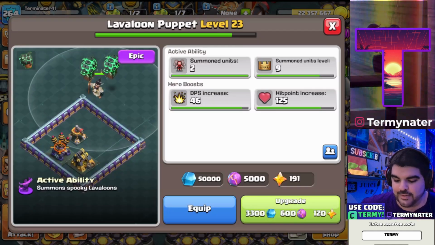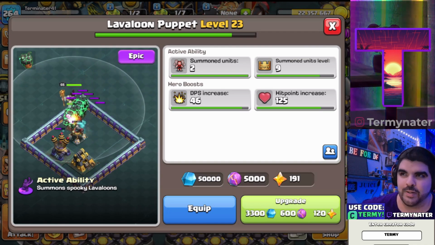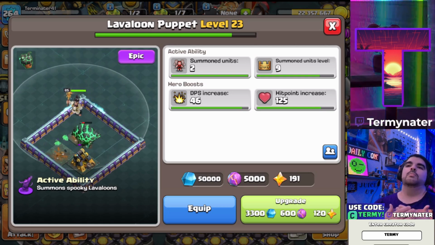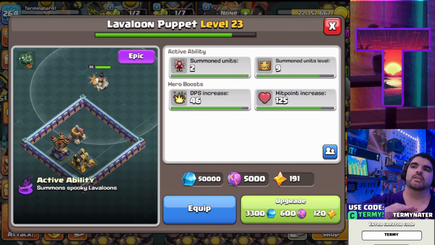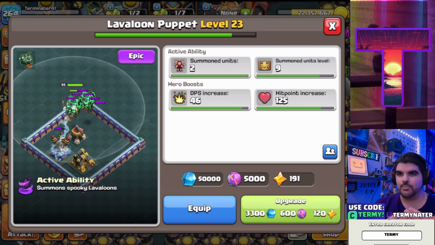Now, Lava Loon Puppet has been considered the worst equipment in the game besides Snake Bracelet. Obviously, maybe you can even consider this the worst equipment in the game in general. Most notably because when you use it with Eternal Tome, the Lava Loons do not become immune, because the Eternal Tome gets activated first, and then the Warden spawns the Lava Loon troops afterwards. But now with this change, because